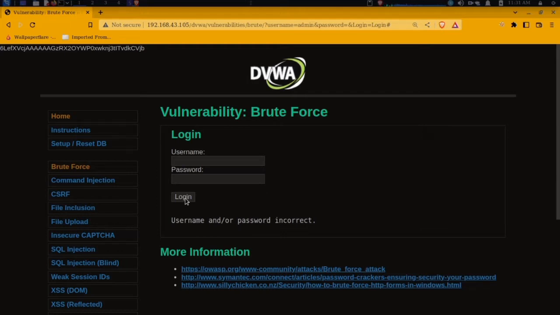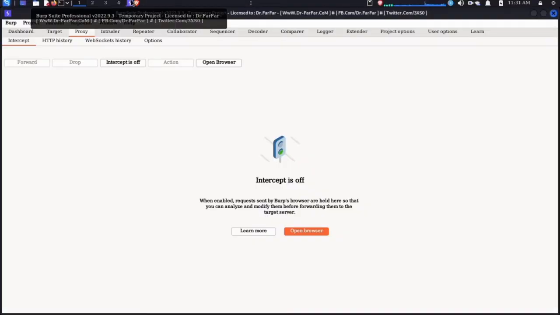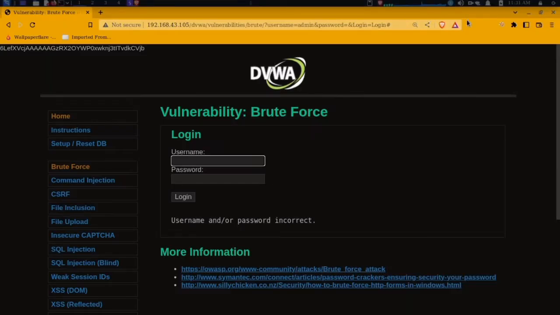So let's go back to where we stopped. I clicked admin, and then it said username and/or password is incorrect. Now I will tell you why I said you should turn this off. This is the tool I will be using here. I'm going to be using Burp Suite, and I have FoxyProxy configured on my browser, which is actually going to make